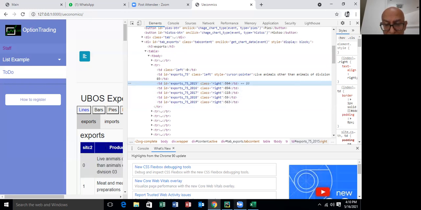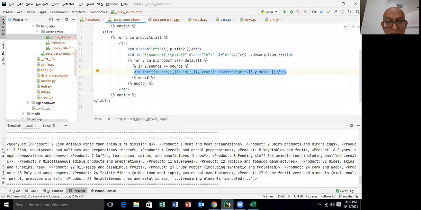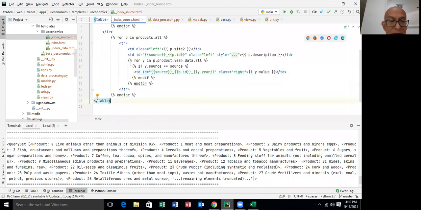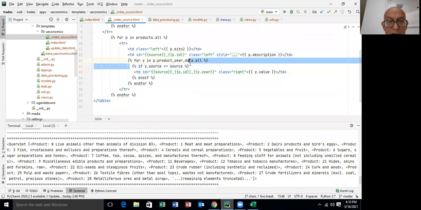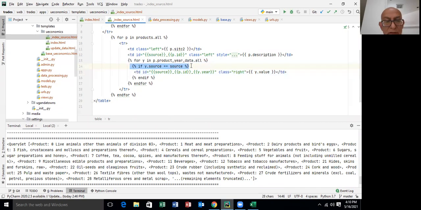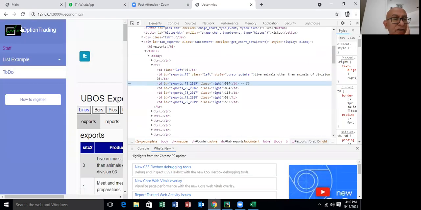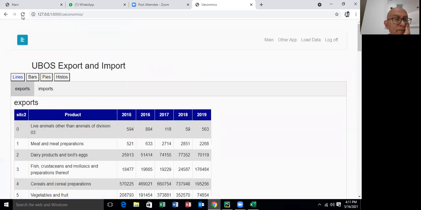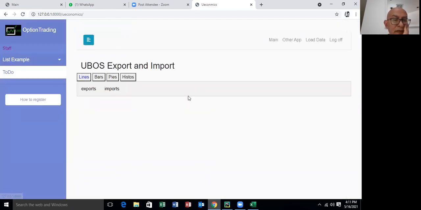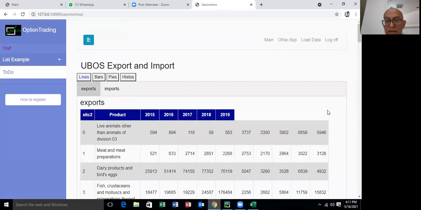I want to show you what will happen if I didn't put this one. I'm going to delete this one. That will give me a mess, and let's see which kind of a mess it will give me. I'm going to refresh it again. Okay. Let's refresh. Close this one. Refresh. And I'm going to click export and see what we got. Total mess. Why? I got more numbers here